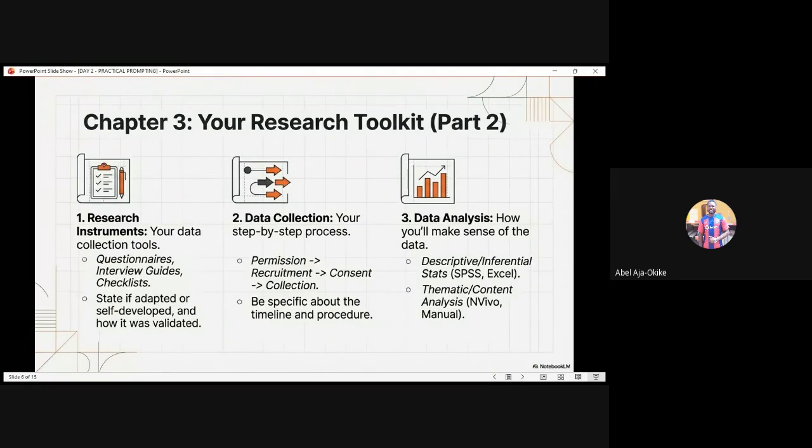This is why it is important that our research is feasible. Be specific about the timeline and the procedure. If your research is not feasible, you'll be very confused about what you want to do. In some situations, some lecturers may not be understanding enough to give you up to 1 month for data analysis, but you explain to them in your chapter 3 that these are the things involved. So it's important you have an understanding of these things.